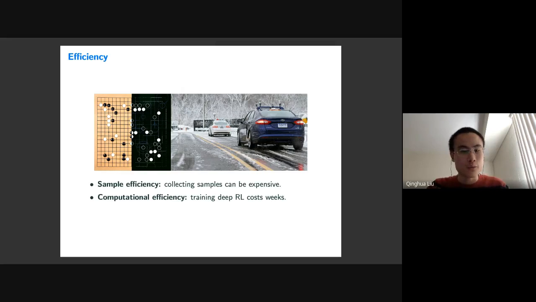We also care about computational efficiency, because in practice, reinforcement learning models are typically very large. Training a deep learning model can take weeks or even months. Let's take the famous AlphaGo Zero as an example. The paper says the model is trained using 10 to the 7 games, and one pass of the entire training set takes more than 1 month. As a result, there is a strong practical motivation for us to study the efficiency of reinforcement learning from a theoretical perspective.